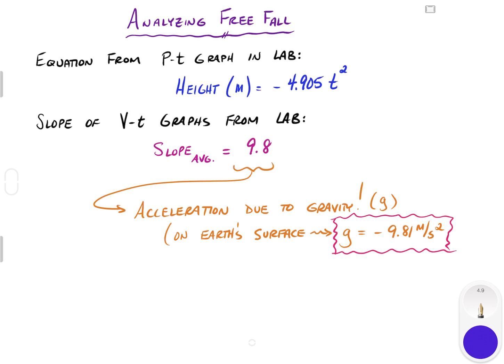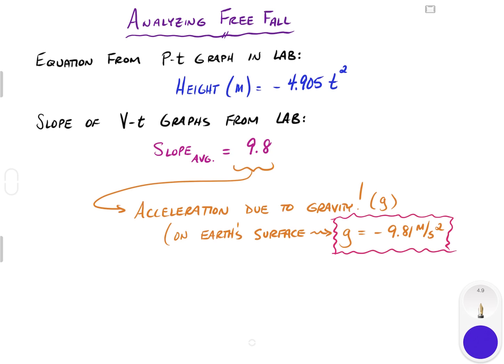Doesn't matter if it's a heavy object or a light object, in a vacuum, I should say. In the absence of air resistance, every object on Earth will fall at about negative 9.81 meters per second squared on the surface of the Earth. All right, so that's a value that's worth memorizing. You will be given that value, but we're going to use it so much,